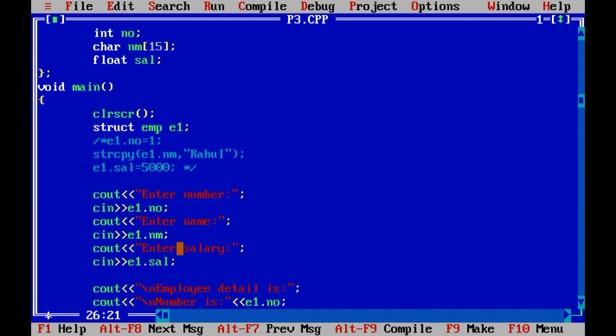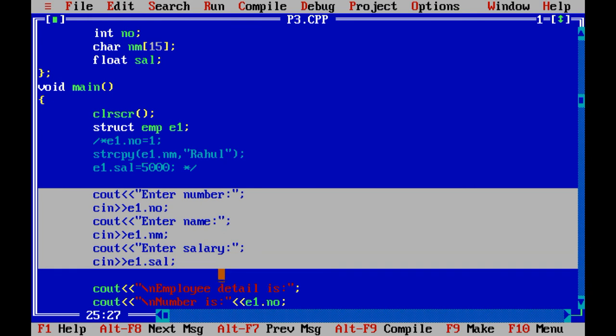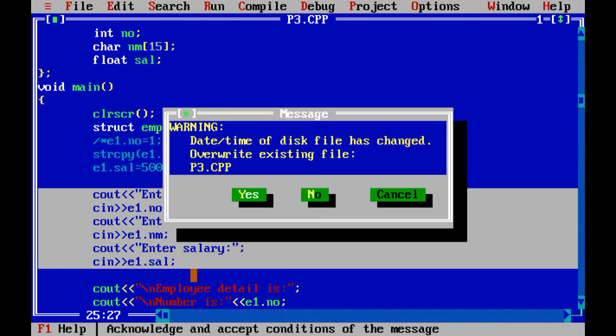So in this way also you can get the data, or you can input the values from the user. Let me save and run the given code.